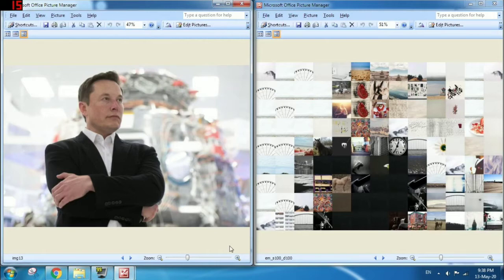So the original image loses its quality when it is converted to a photo mosaic. And here you can see each image is very large, and since the S100 value, that is a single image, is 100 by 100 and it covers a 100 by 100 area of the original image, we lose the resolution of the original image to an unrecognizable form.